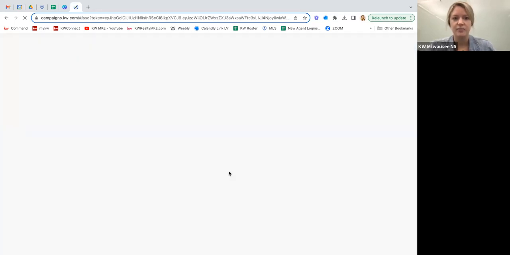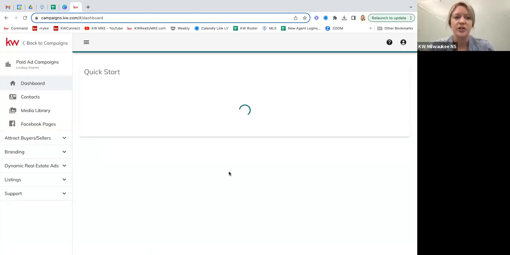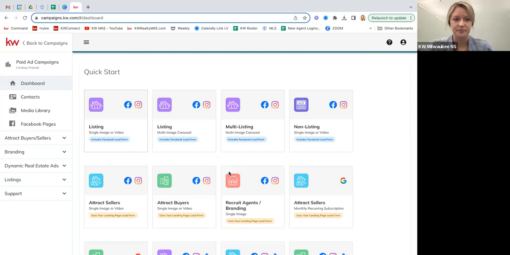And that is going to jump me into kind of a new screen. It's going to look way different than Command. So it's kind of got its own hub where you can manage those campaigns. So typically when you first log in here, it's going to prompt you to connect your Facebook account. It's going to give you a little bit of an introductory pop-up screen. I can't remember the exact details since I've done this a few weeks ago, but it will prompt you to